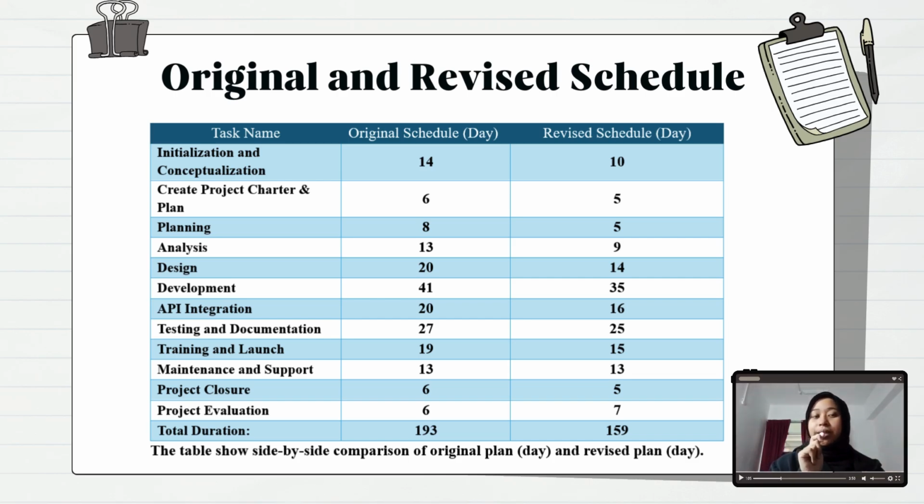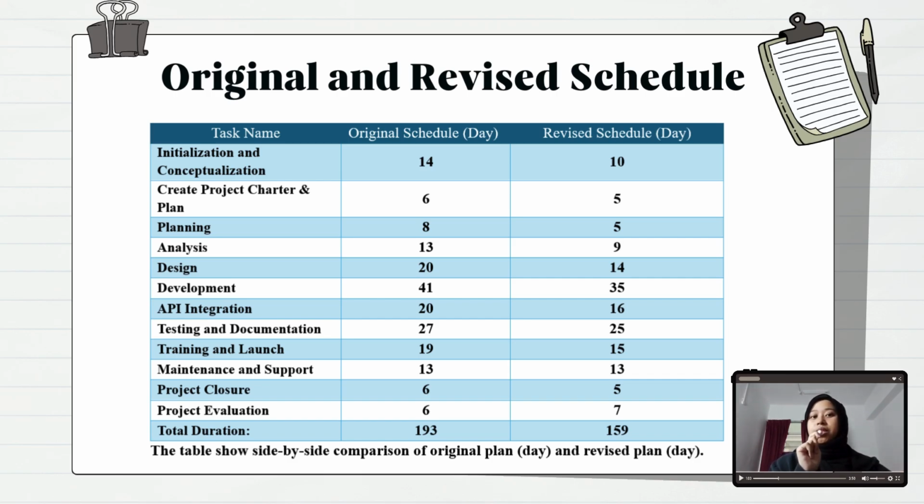For the planning phase, planning has been optimized, moving from 8 days down to 5 days, helping us save valuable time. For the analysis phase, originally scheduled for 13 days, this step has been improved to just 9 days. For the design phase, design work, which initially needed 20 days, has been cut to 14 days, saving 6 days